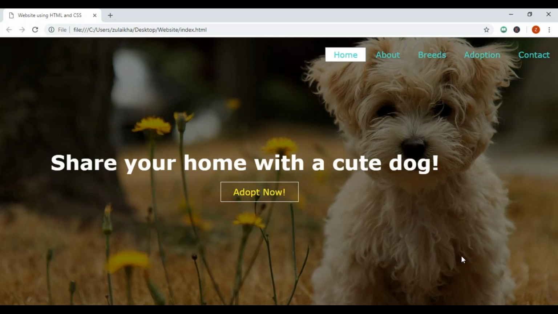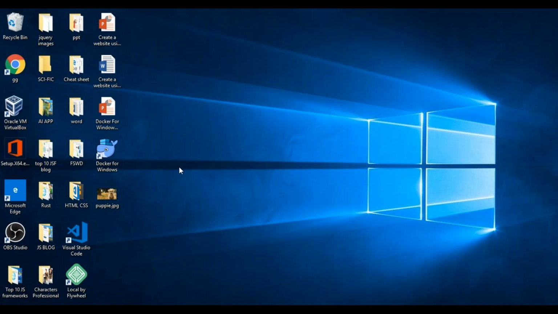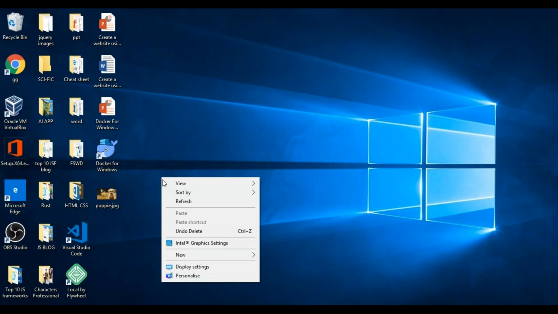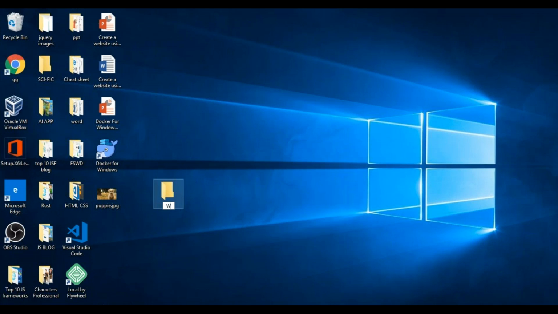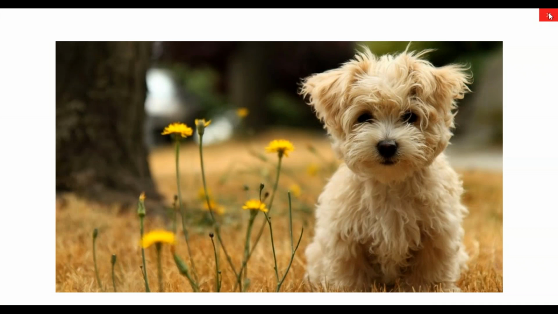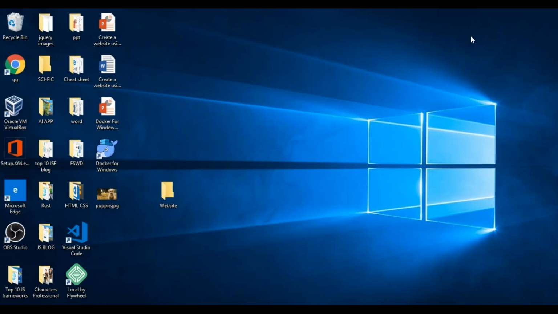Okay, so guys, without any further ado, let's get started. Alright, so guys, we're going to begin with creating a new folder. It's always a good practice to store your entire code in a single folder. So I'm just going to name this folder website, and we have this image of a puppy which I'll be using as a background image for my website. So I'm just going to drag this image and put it into my